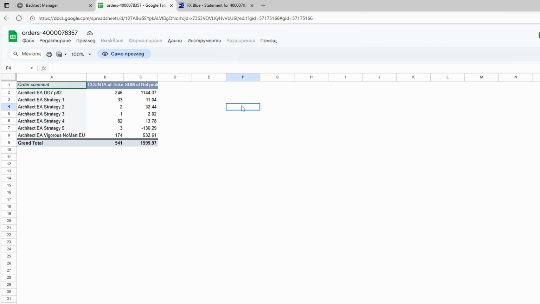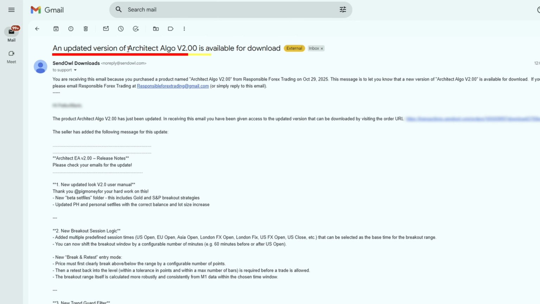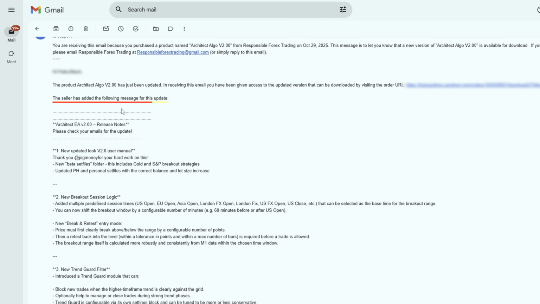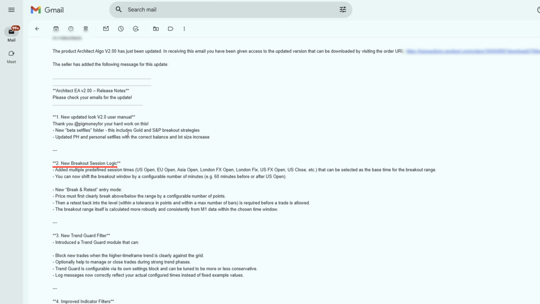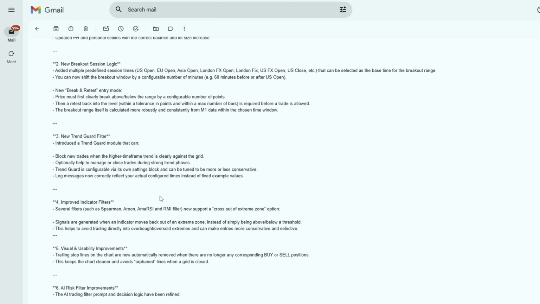And actually I plan to add a few more strategies to this setup, because earlier today, before I started to record the video, I received this email that there is an update in the Architect Algo, version 2 is released. There is an overview about what's included, and one of the things that I want to test is that we have a new folder which includes 2 new strategies, one for gold and one for S&P 500. Also the logic about the breakout session is improved here, but let me show you actually what you get